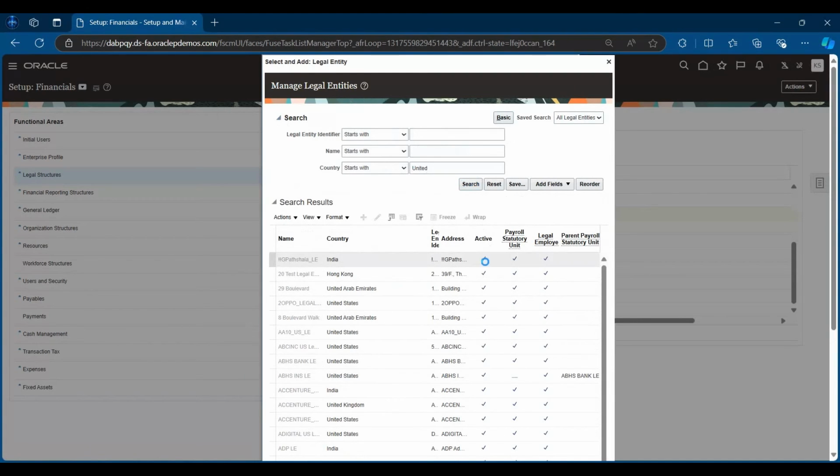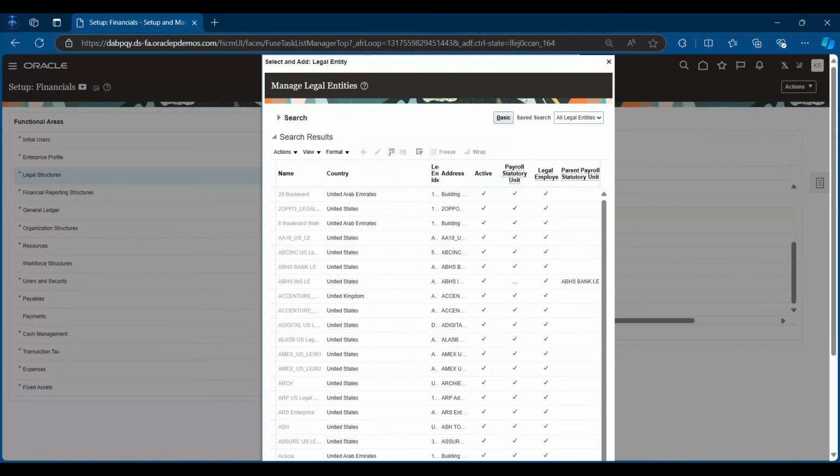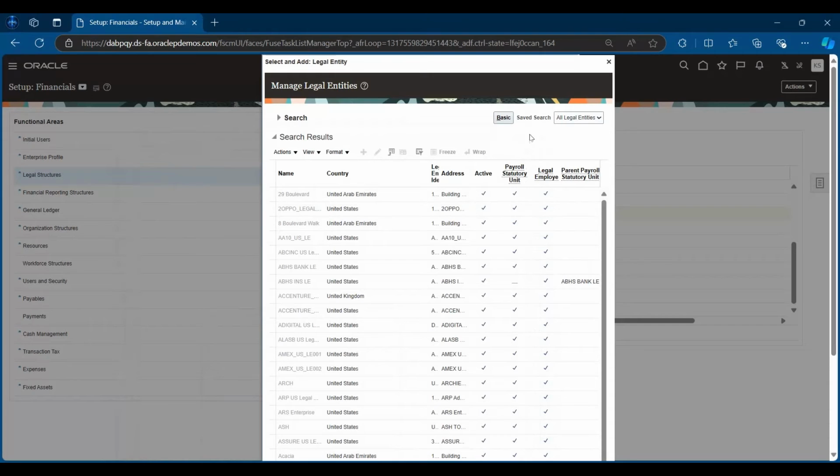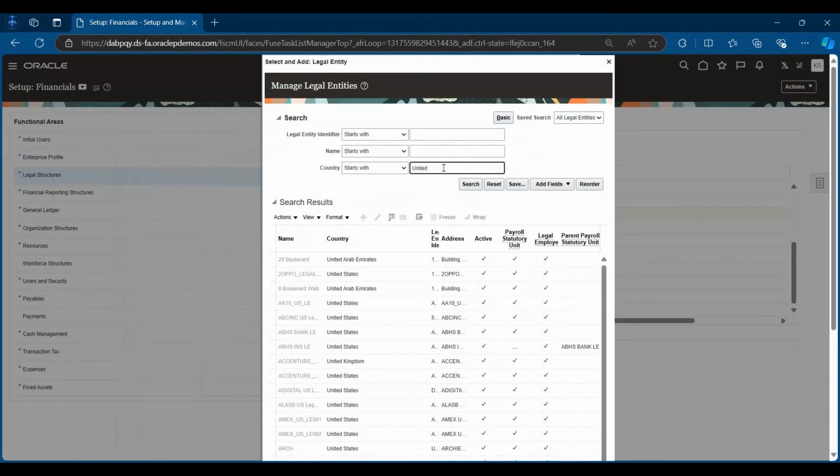I'm just going to see which legal entity I can use. For example, I was telling you, I think I should not have deleted it, but enterprise division is optional: primary ledger, legal entity, and business unit. I'm going to remove primary ledger also from here. So I'm just trying to find out which of these three I can utilize. If you go to Manage United States,